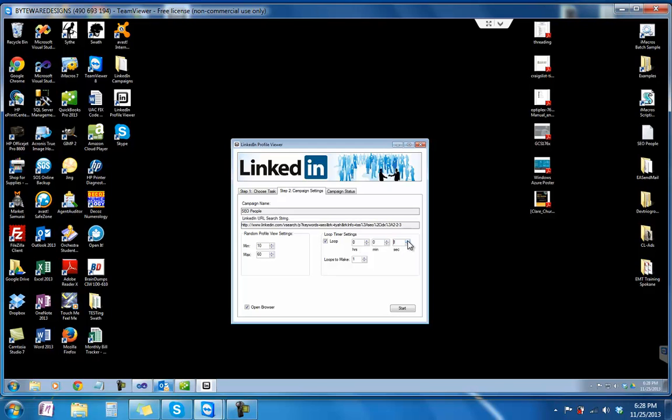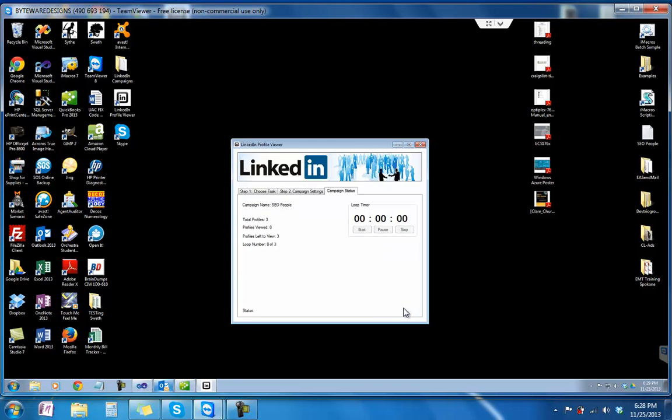So for demonstration purposes, let me just put this in as 30 seconds. And we're going to loop through it 3 times. Okay, so it's going to make the campaign a lot quicker, and we're going to adjust the minimum time settings to 5 seconds. I'm just doing this because of the video. Keep it small, quick, short, and concise. So we have all our settings set. I hit start,